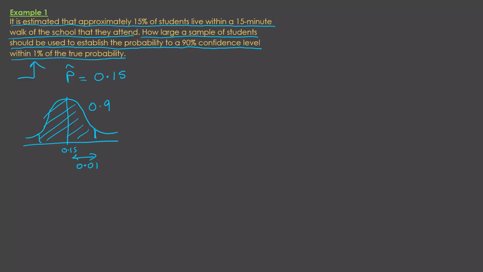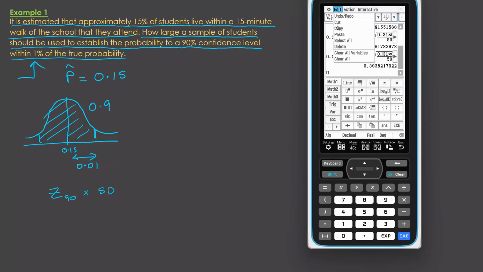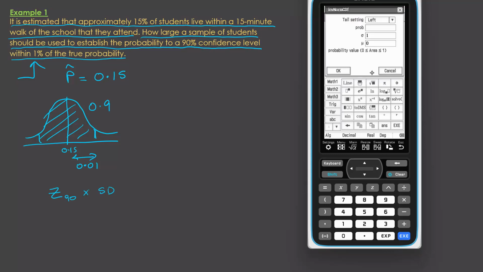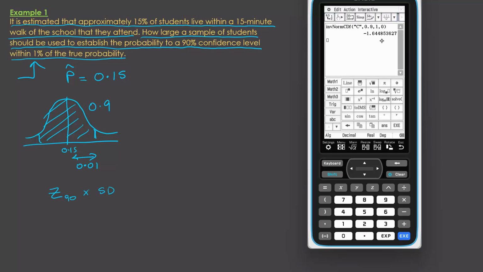We know that the margin of error is the appropriate z value, in this case z90, times the standard deviation. So what we could do is grab the 90% value. And one way of getting that is, of course, to go for the center and 0.9. And that gives me 1.645. So we could have 1.645